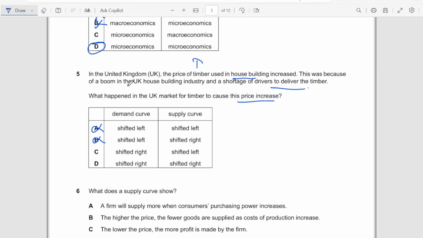And the thing is, because of the boom in the UK house industry, there's obviously an increase in demand for houses, and there's an increase in demand for timber, right? It's the raw material used in the production of houses. So this would cause the demand curve to shift towards the right, and this will cause the price to increase,